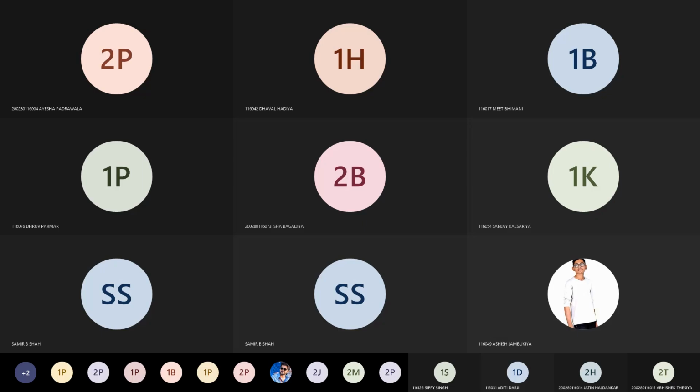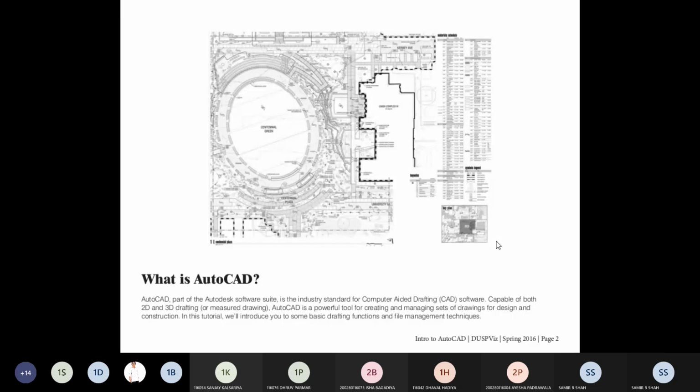Let's start with AutoCAD. Whenever we talk about AutoCAD, there are two kinds of design we discuss: 2D and 3D.